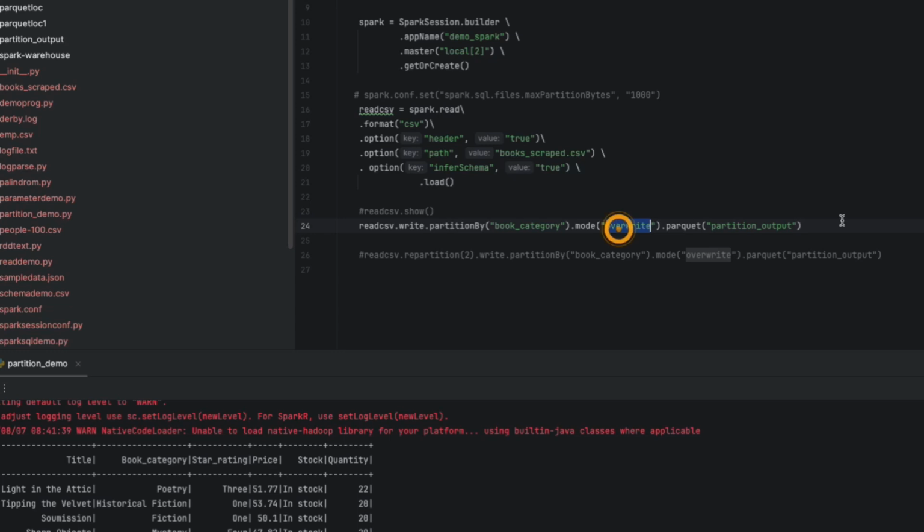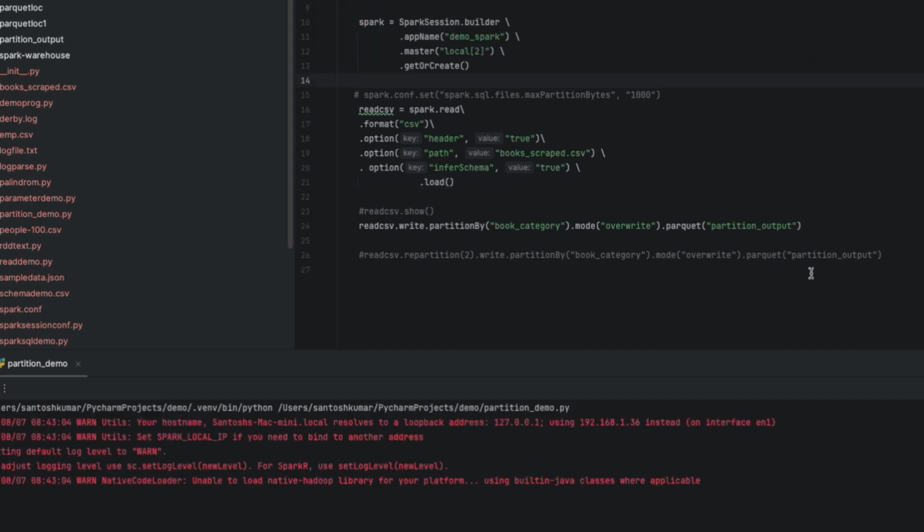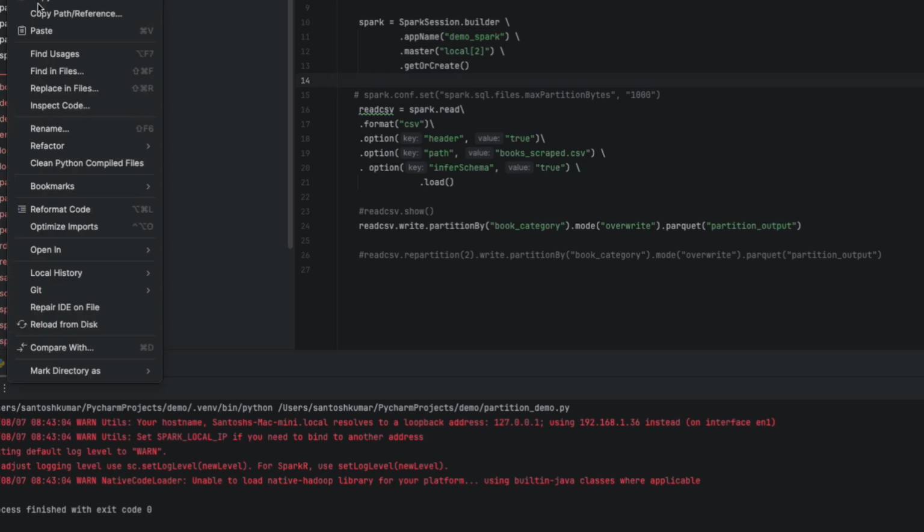Okay, done the overwrite, and the folder name is partition_output. Now when I run this, let me save this. It will create a folder called partition_output, and it will create a different folder on the basis of book category. So if I refresh this,